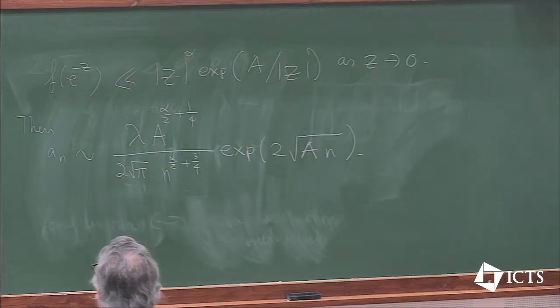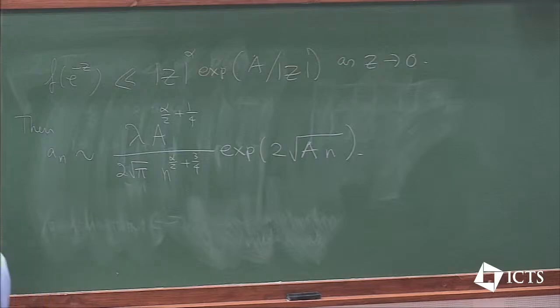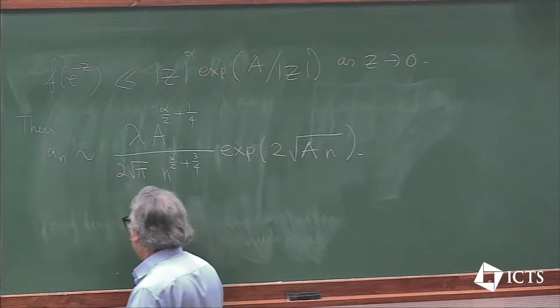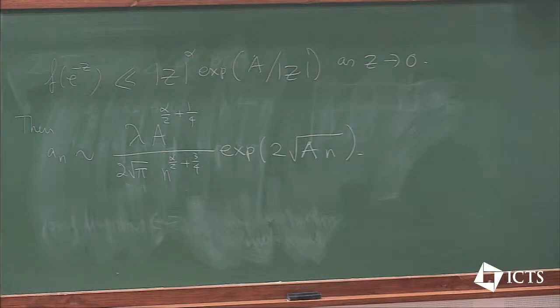So the question is now to look at the generating function for the partition function and see how we can get this. In the context of the partition function, we already observed it's essentially the reciprocal of the eta function, and you know how it behaves near 0 in the transformation law. And using that,